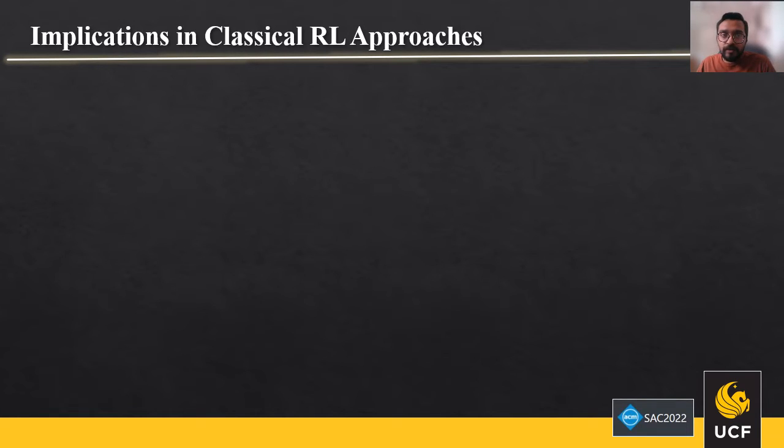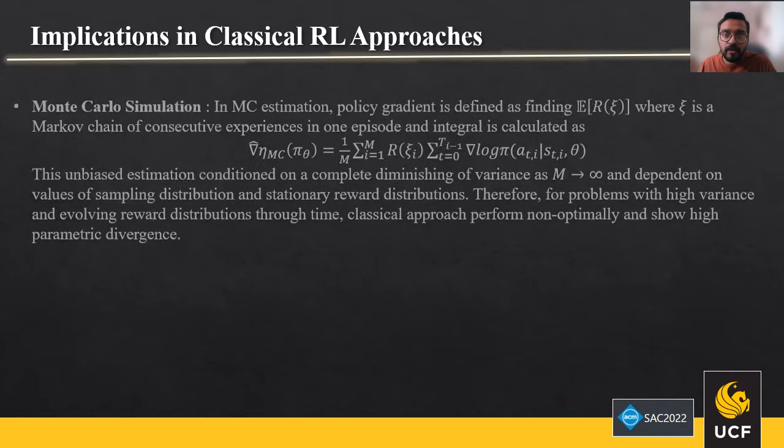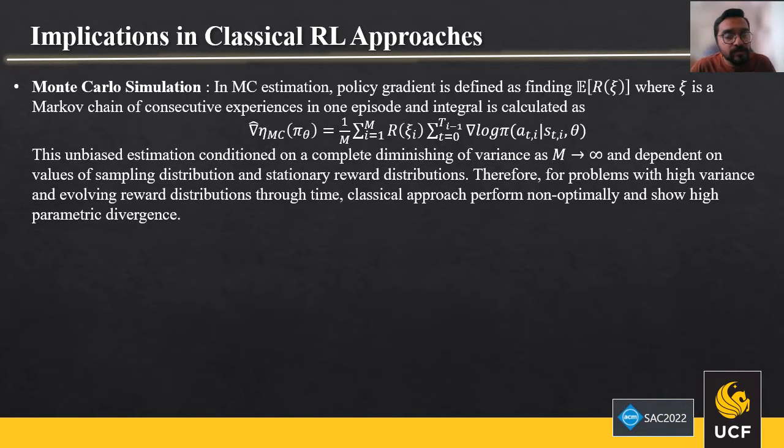So what are the current limitations or implications in classical reinforcement learning approaches? First, let's start with the Monte Carlo simulation. In MC estimation, the policy gradient is often estimated by finding the expected value of the reward of a Markov chain or a trajectory, which is defined here by psi. And the integral is calculated through this function,